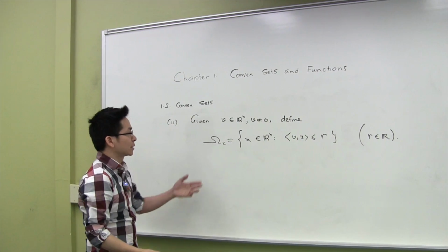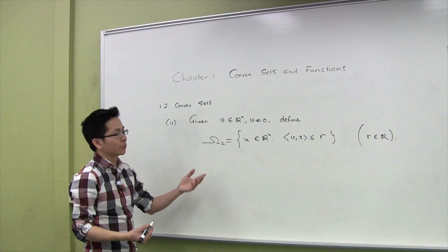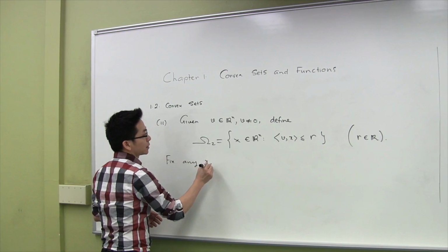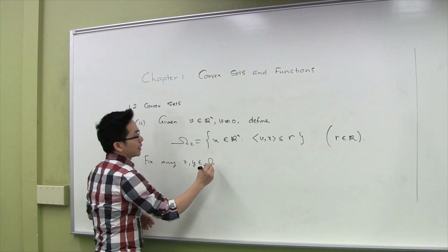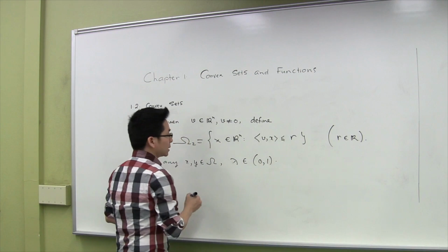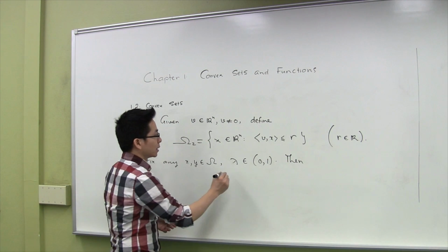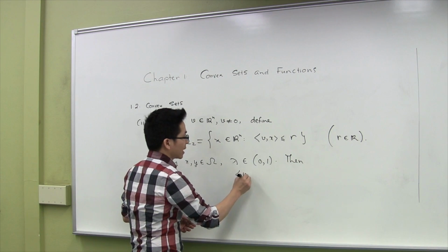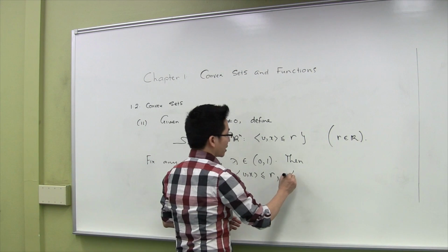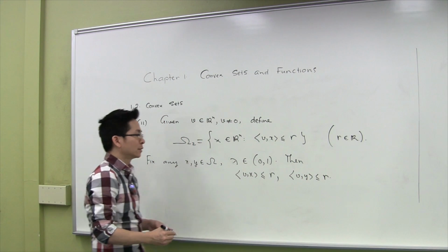Then we can show that omega 2 is also a convex set. Let me go ahead and give the detailed proof for that. Fix any x and y in omega 2 and lambda in the open interval (0, 1). Then from this definition, we see that the inner product of v and x is less than or equal to r. And also the inner product of v and y is also less than or equal to r. Okay? Thus,